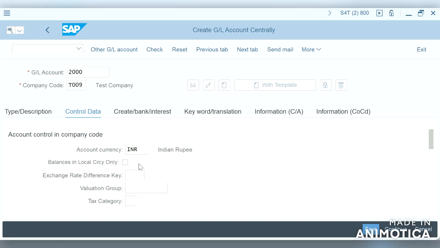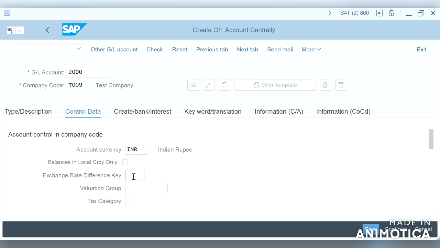Setting for all other accounts is optional. So we are going to keep it for cash discount clearing and GRIR clearing accounts and not for reconciliation accounts for customers or vendors.